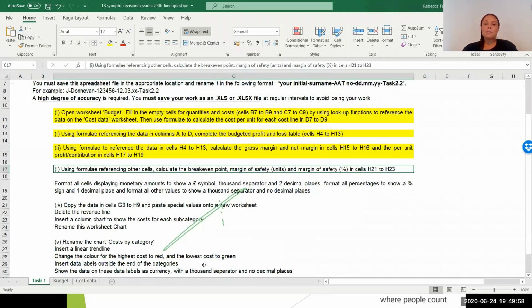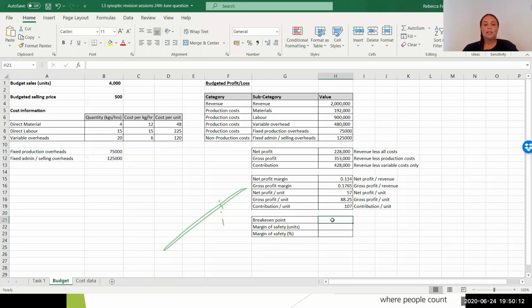Okay, so our last part that we've got here, using formulae referencing to other cells, calculate the break-even point, the margin of safety in units, and the margin of safety as a percentage in H21 to H23. So last three boxes down here, again, if you know how to calculate these from your costing knowledge, these are very easy to calculate. If you don't know how to calculate these from your costing knowledge, these are very difficult. So again,